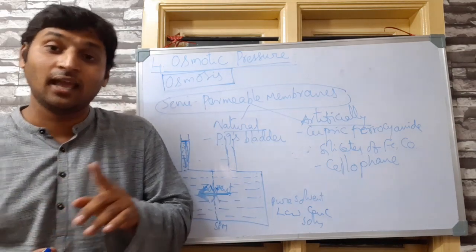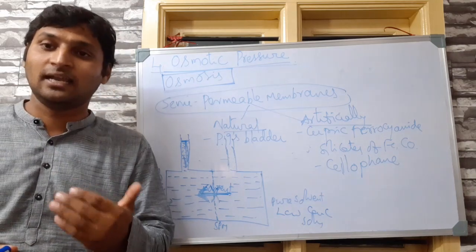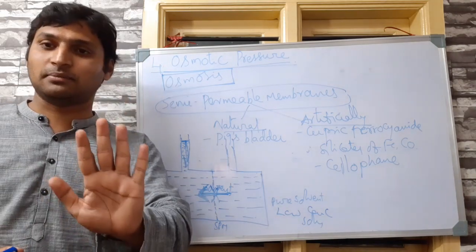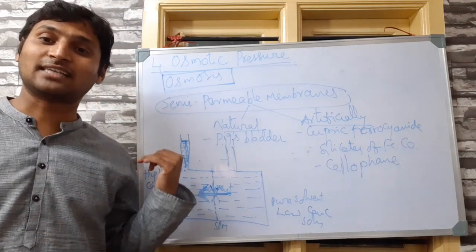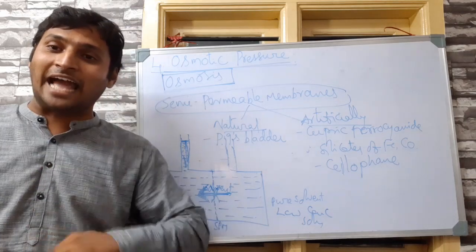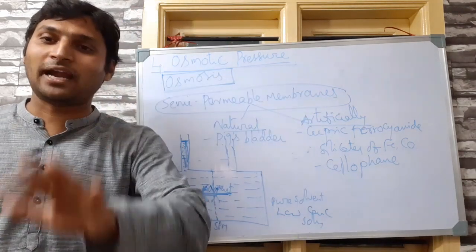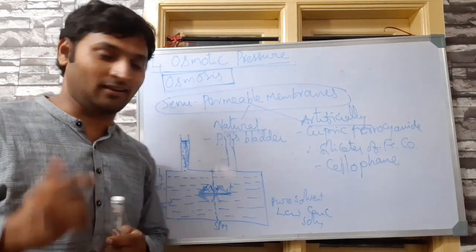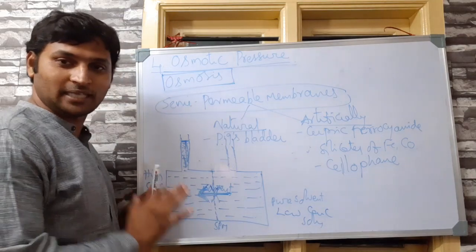So please understand, it is the hydrostatic pressure generated by osmosis, which in turn stops the flow of liquid due to osmosis, that is called osmotic pressure if you talk in terms of naturally built osmotic pressure. Or externally applied osmotic pressure, if you are talking about two liquids separated by semi-permeable membrane